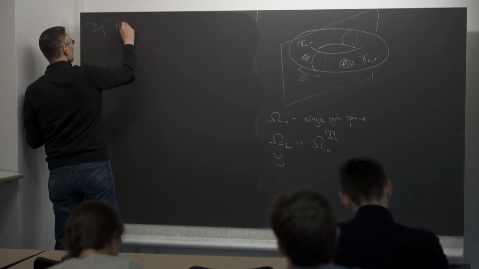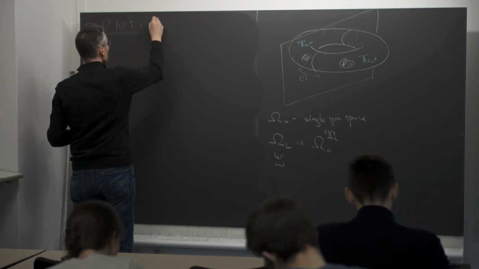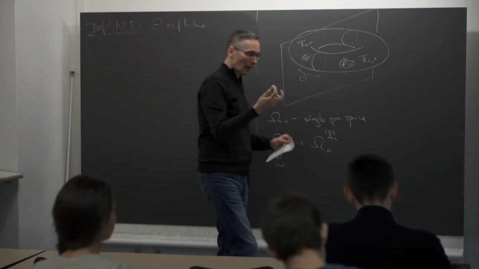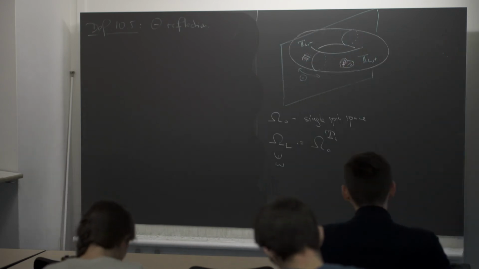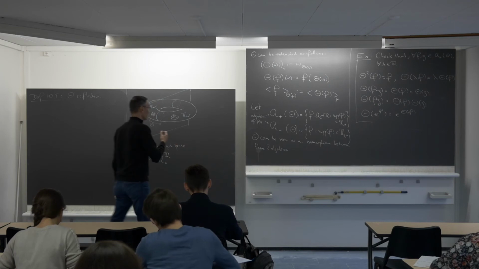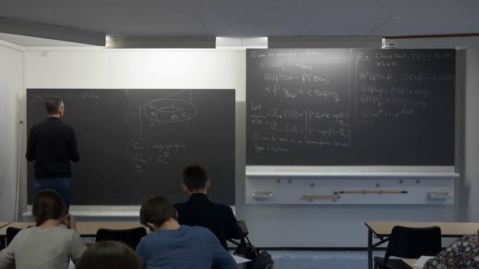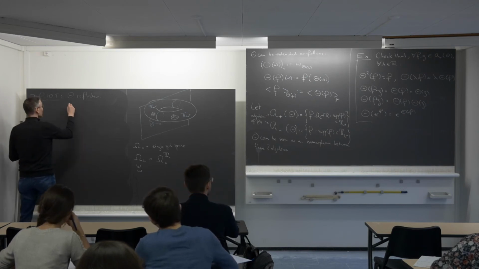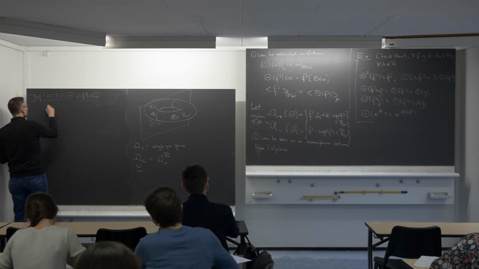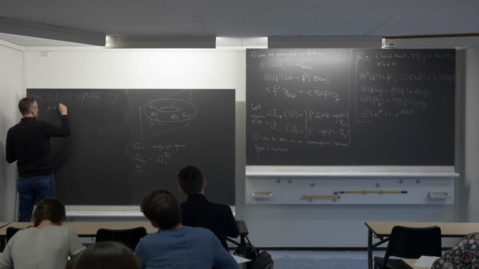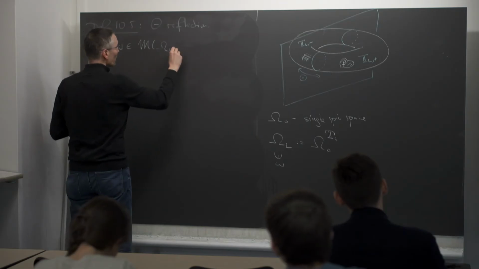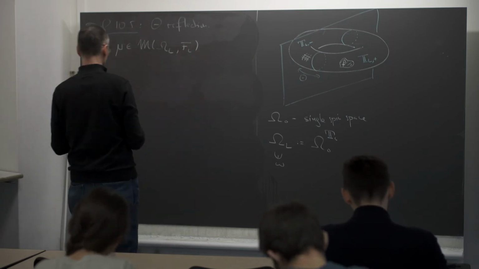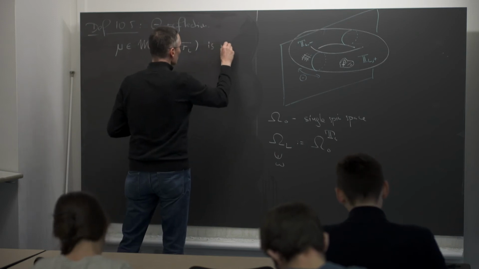Definition 10.5. So let's fix the reflection theta as I defined before. So I'm only discussing reflection through edges. Everything I'm saying also works for reflection through vertices, but I will not need them for the application I have in mind. So to keep things a bit shorter, I will only discuss the reflection through edges. So let theta be such a reflection. Then a measure mu, a measure on the set Omega_L with the product sigma algebra, so just a measure, is reflection positive